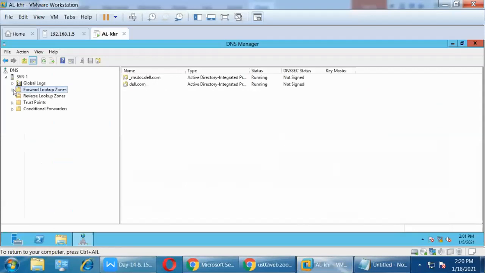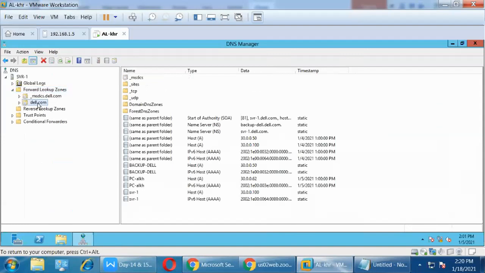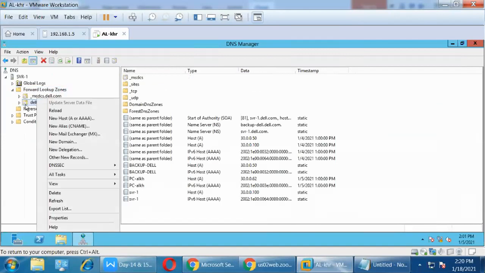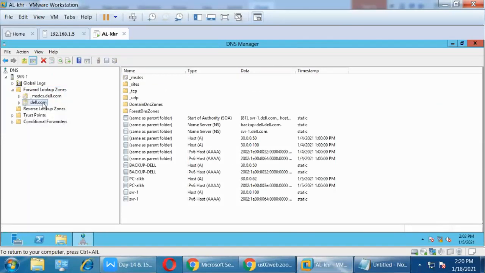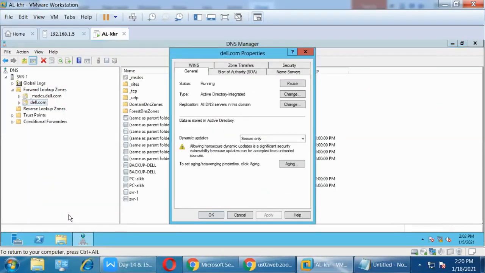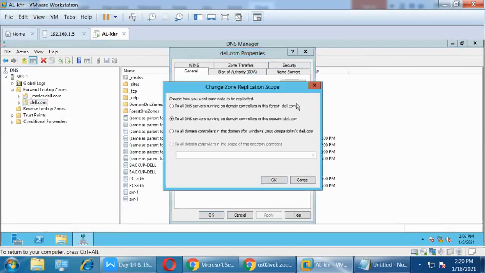So this is the primary zone, the forward primary zone, and in that there are four types of subzone. This is the primary zone we created. How do I know whether this is the primary zone or not? Right click on properties. Here you can see the zone type and zone name.